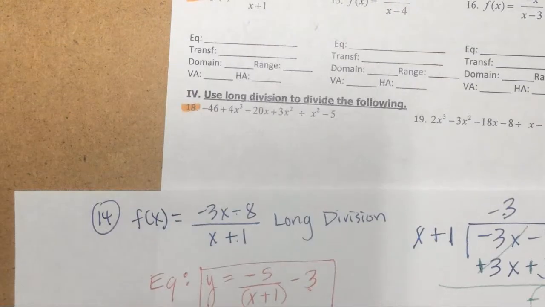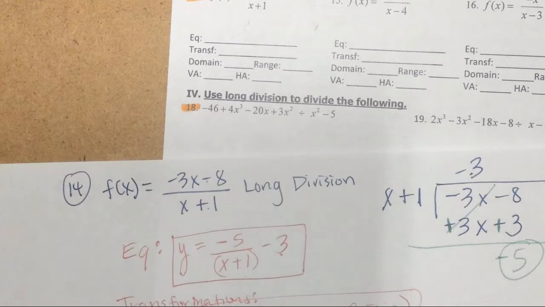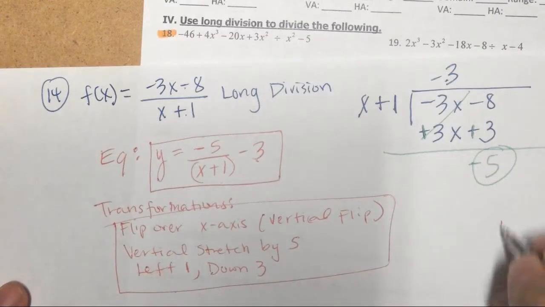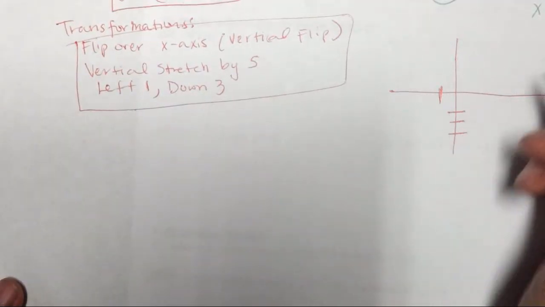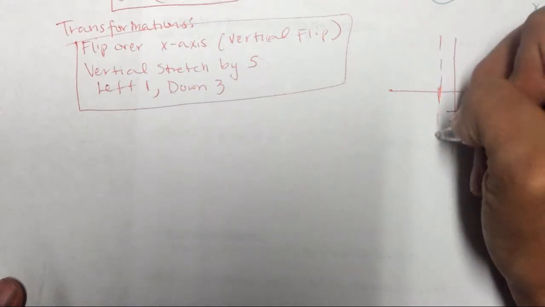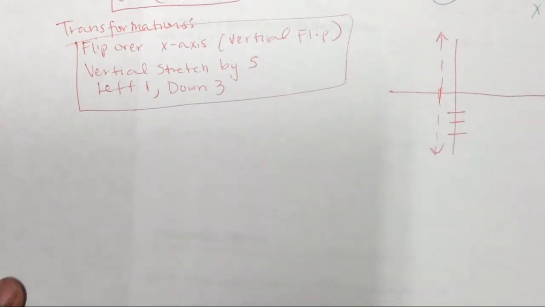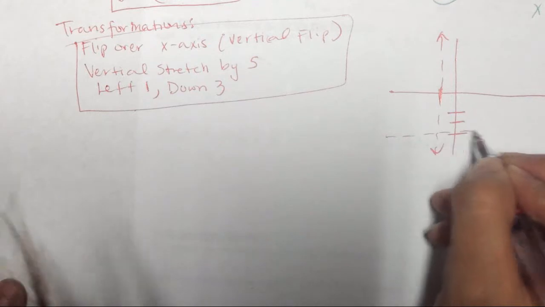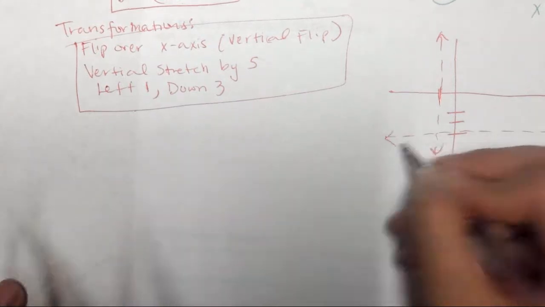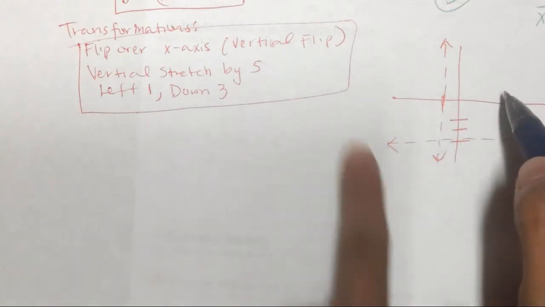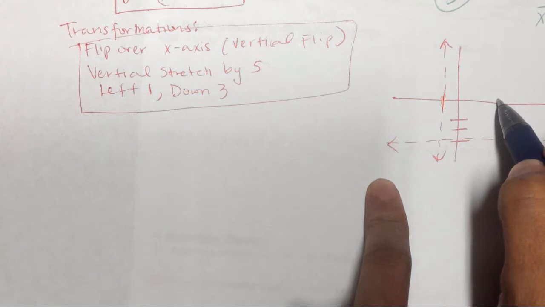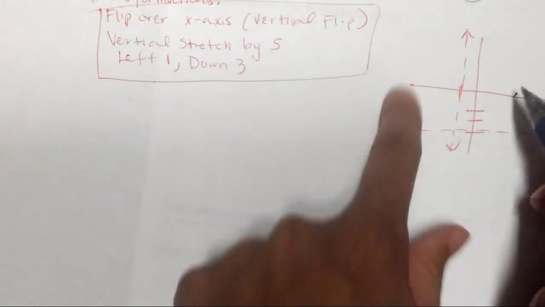Let me see what else. So domain and range, right? So I'm going to do a little quick sketch so I can see it better. I'm going to go left 1, down 3. So if I go left 1 like this, down 3 like this, those are my asymptotes. So remember, flip over the x-axis. So it's usually first and third, 1 over x, but now it's going to flip over the x-axis, so it's going to be